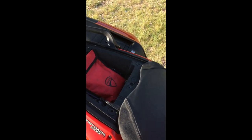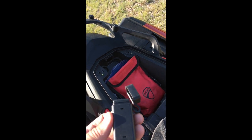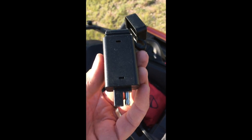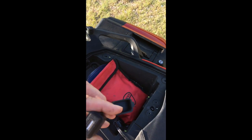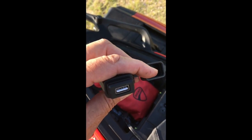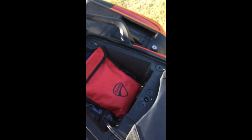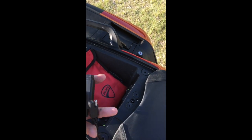And this is kind of the key to the whole project. This is an SAE to USB adapter. So there's the SAE plug, and here's a standard USB plug just like you'd see in a charger or on the side of a computer. So once you've done this, you can plug any USB accessory in and leave it back here in the passenger seat. Let's see if I can make that connection one-handed,